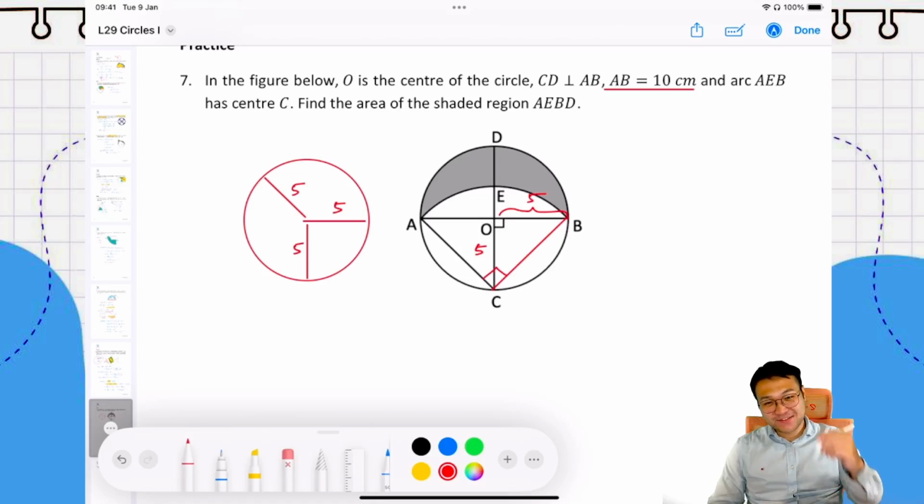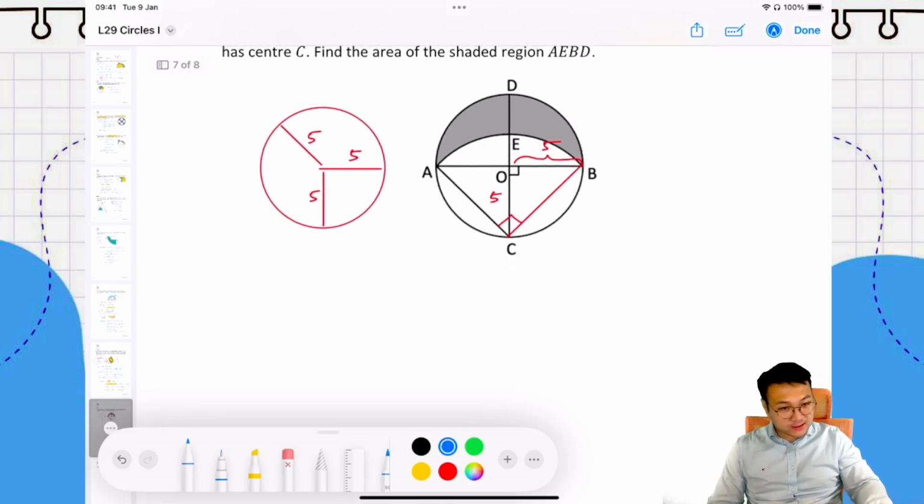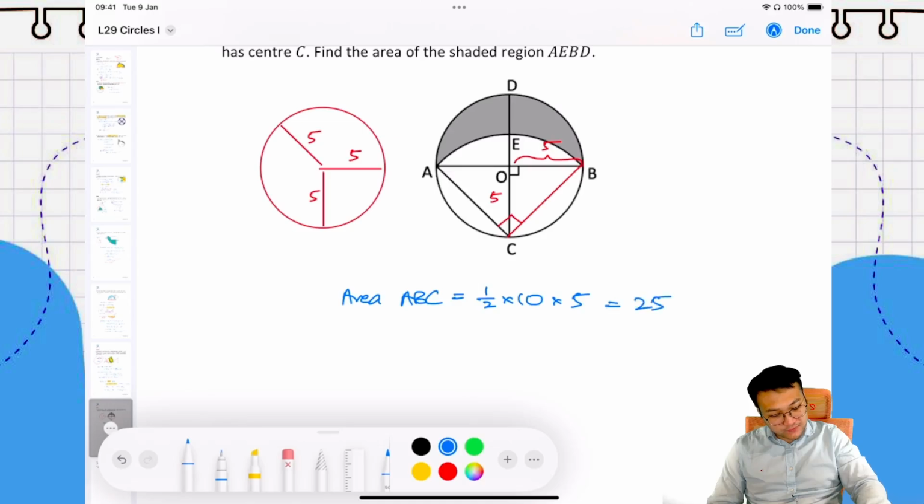Right? So can everyone type your answer in the chat? Can you tell me what's the area of the triangle ABC, please? Type your answer in the chat. Area of the triangle ABC. Half times base times height. You can quickly do it mentally. Very good. Yes. Very fast. Good. I can see the correct answer. The area of the triangle ABC is half times the base times the height, which is 25. Easy. Now, if you look at the area of the triangle ABC,